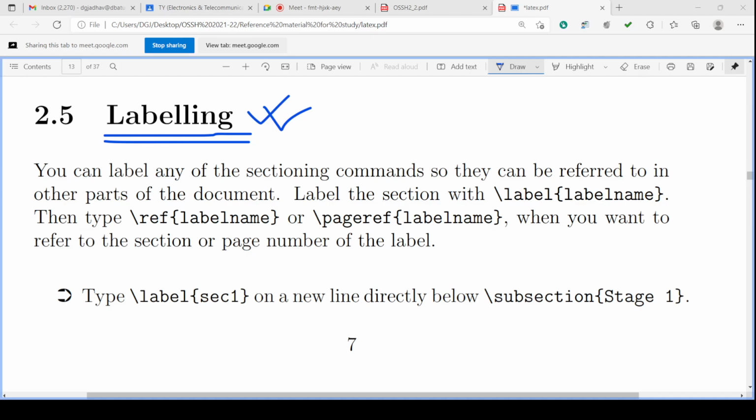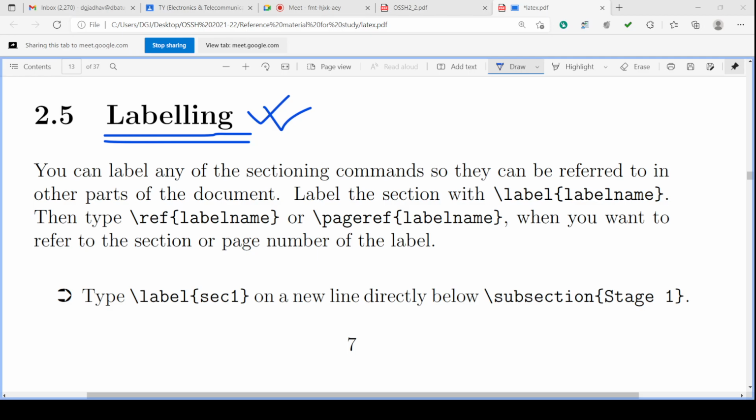The label is referring. Referring means indicating that page number 7, 2.5 labeling, whatever is there, at that location we are directly transferred. So it becomes very convenient and useful while reading long texts.